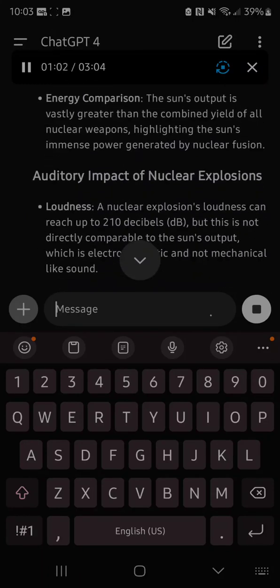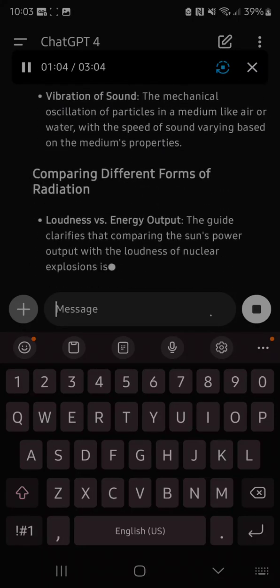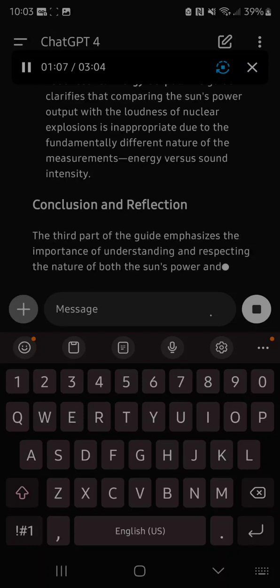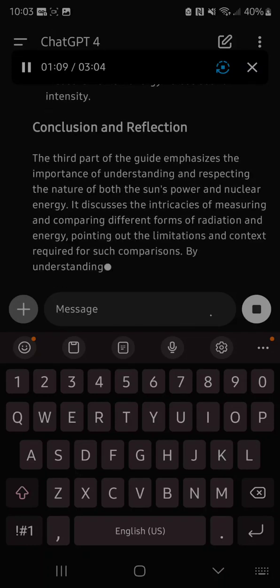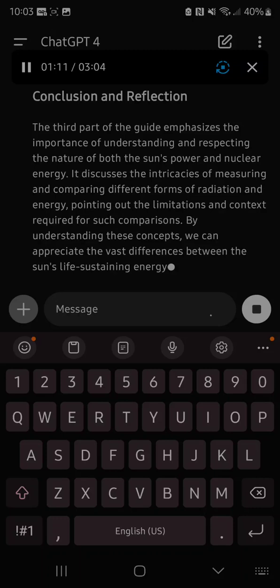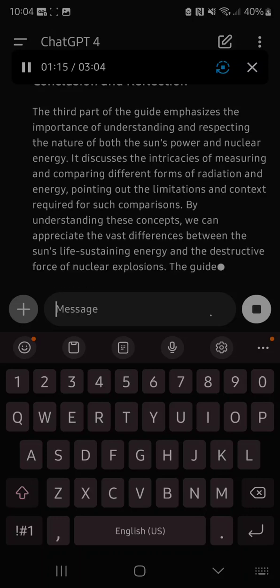Relationship with temperature. Radiation range. The temperature of an object like the Sun doesn't directly define the range of electromagnetic radiation. Instead, temperature and composition influence the spectrum emitted. Spectroscopy. Techniques such as spectroscopy are used to study the specific